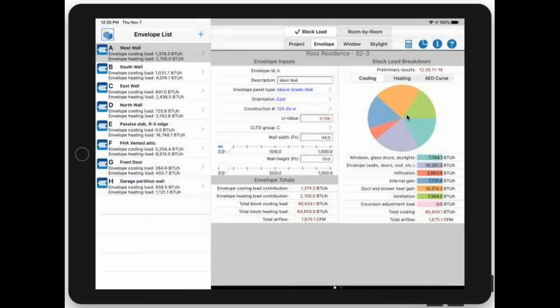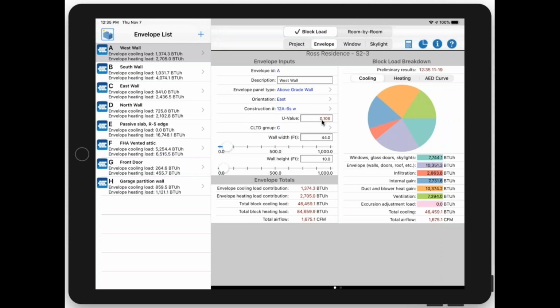So I'll select one here, click done, and then it will automatically fill in my U value, which is 1 over my R value. And it will also automatically fill in what's called my cooling load temperature difference value, which is more of a solar type fenestration value. So if you're not sure what to do with these, just leave them